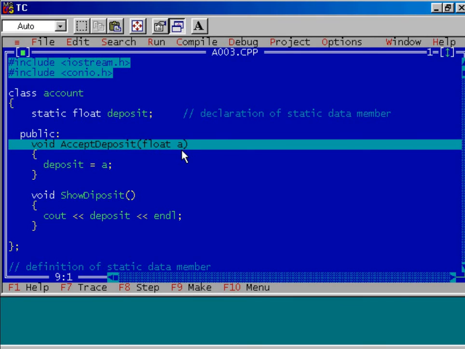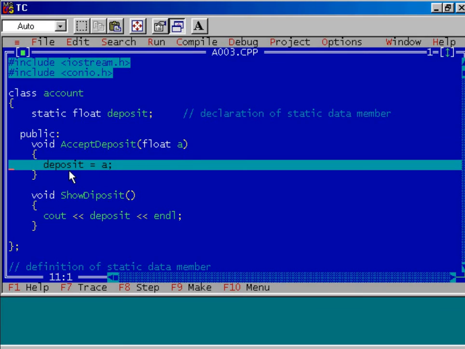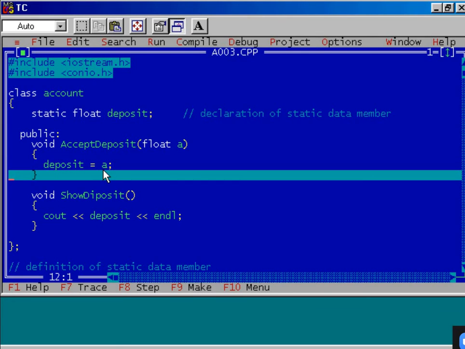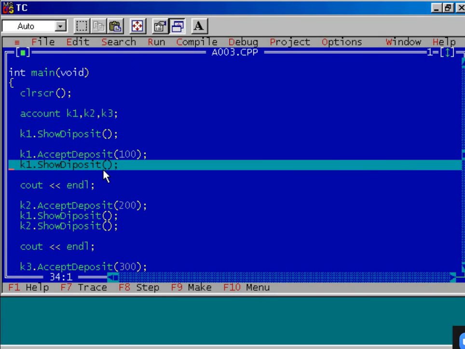So the content of A is 100, and that we are assigning to the data member, namely deposit. But we know that at the time of definition of the static data member, we initialized it by 500, and now we are reinitializing that data member with the value 100. So that is why after execution of this function, the content of data member deposit will be 100.